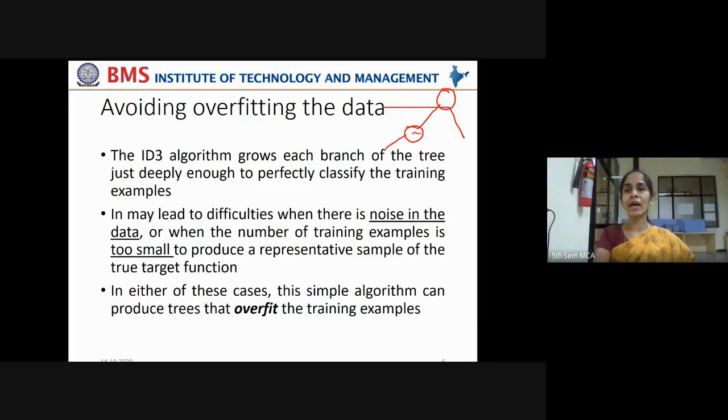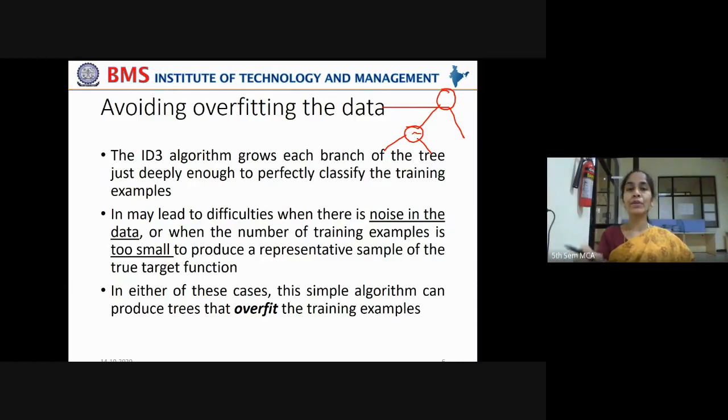Based on that attribute's values, you further classify the training examples. What ID3 actually does is grow each branch of the tree just deeply enough to perfectly classify the training examples, right? So by the end of building this decision tree, you get an optimal decision tree which will answer all your training examples, right? Because it has learned from those training examples.